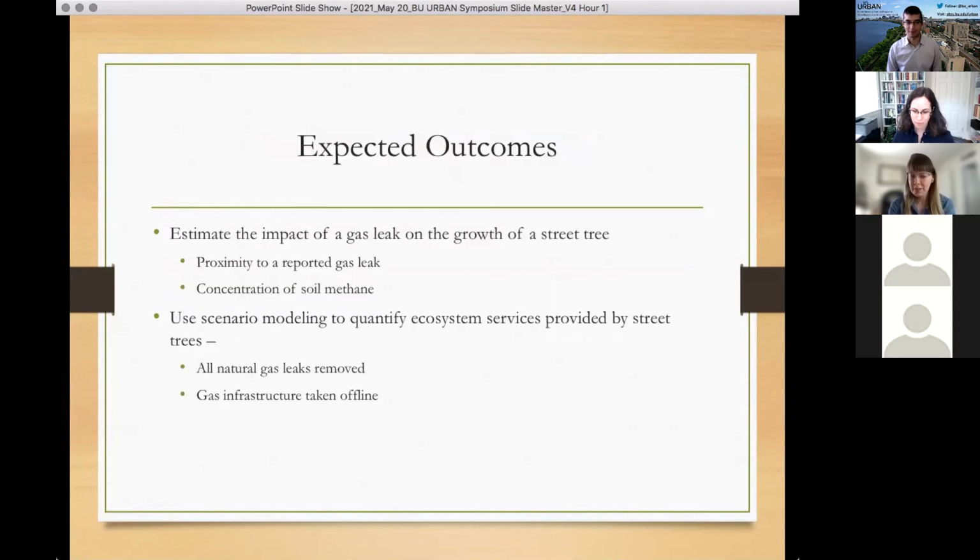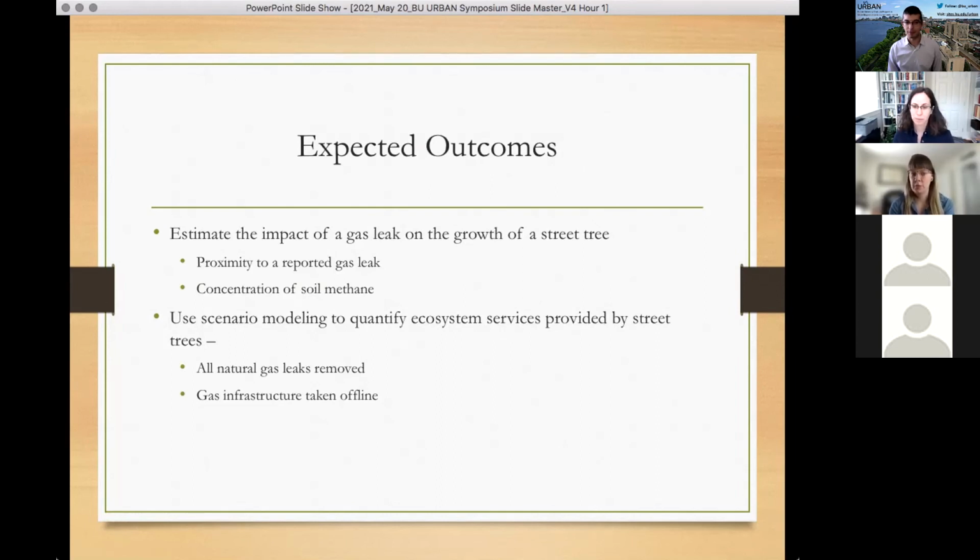So the expected outcomes of this project, again, working with my advisors and a couple of researchers, we're hoping to estimate the impact of a gas leak on the growth of a street tree. What happens is when a street tree is planted in soil near a leaking gas pipe, the methane can travel under the ground and actually push oxygen out of the tree pit itself. And that can cause quite a bit of damage to the street tree and prevent newly planted saplings from growing